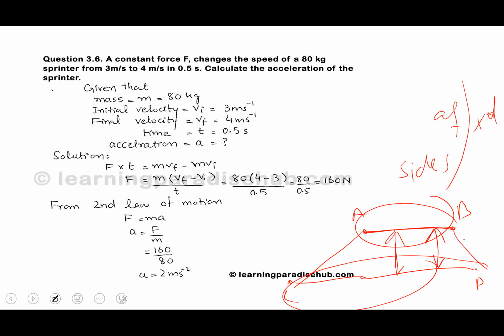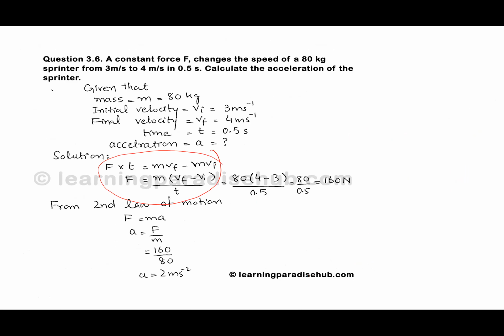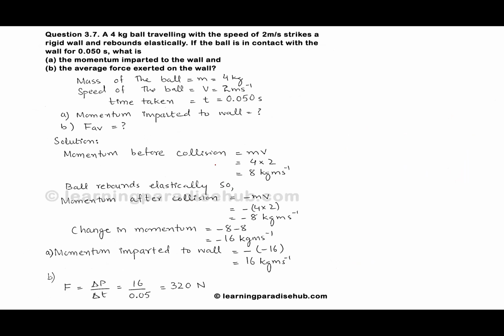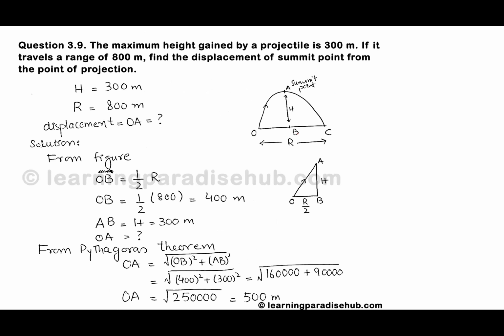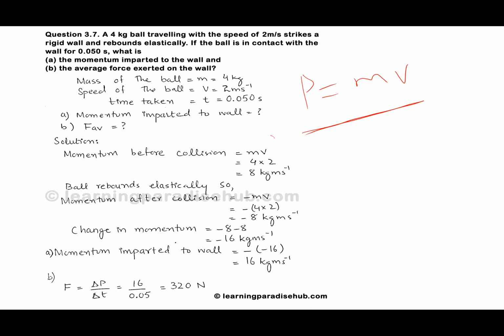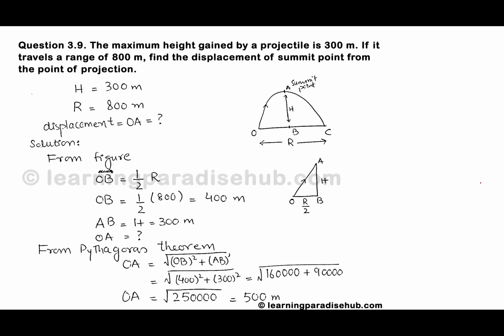Now in the next one you will use the equation of impulse. You can calculate this distance. Now we want to calculate the momentum. For momentum, the formula is very simple. P is equal to mv. You will use this equation. And second, if you want to calculate the force, for force we will use the equation del P divided by del T. You can sort out this numerical now.